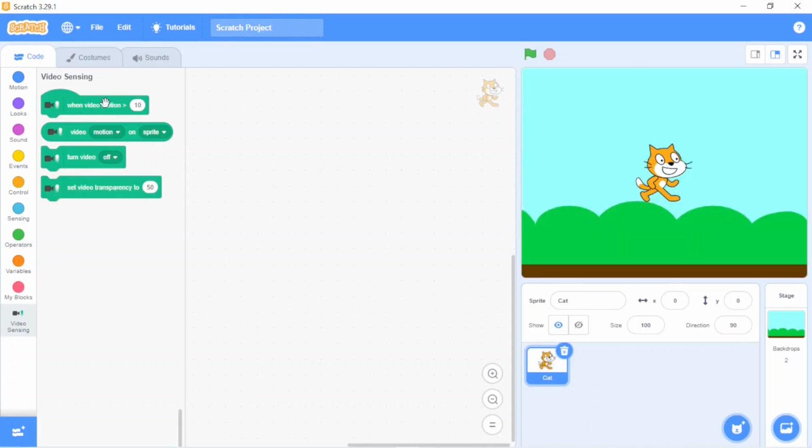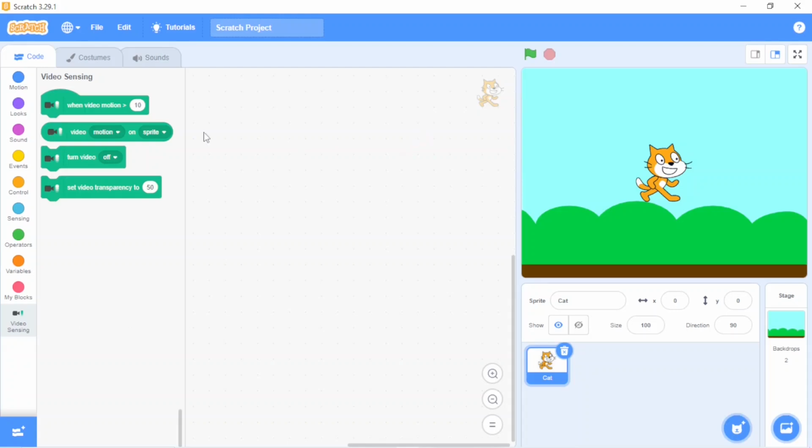And over here there are 4 blocks. The first one is when video motion is greater than 10. It means if we set this to 5, then it's almost like we are still, just moving very little. And 10 to 20 means a little bit of movement.